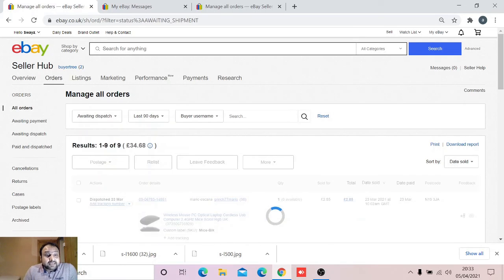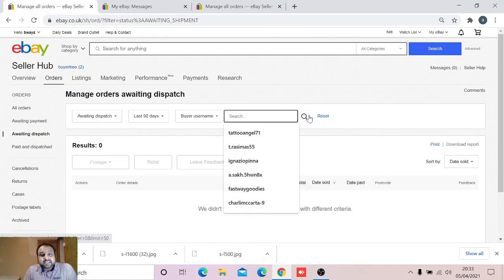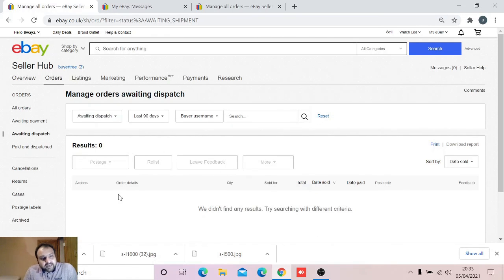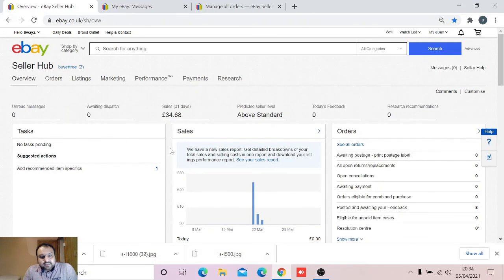So select here this awaiting dispatch, copy the buyer name from the message and paste here, and you will find the message, that one, and select cancel the order, and then the middle button, like buyer wants to cancel the item. If you have the sale record number, you can search the item by buyer name, by order numbers, item title, item case, SKU as well. So there are different options. So that's very easy.